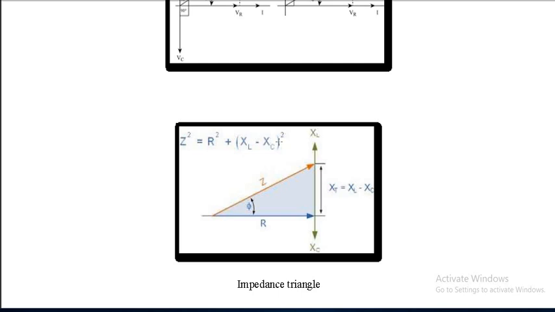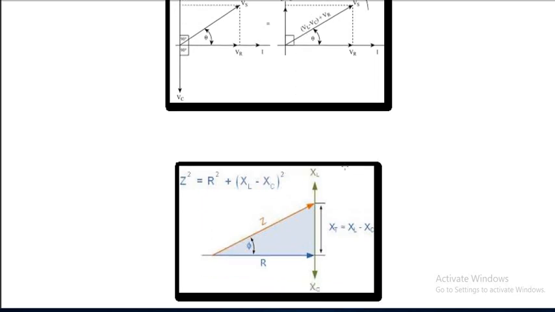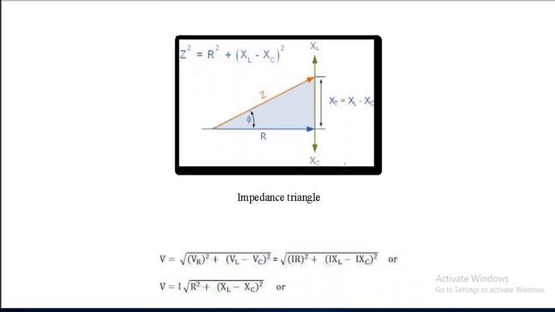So wherever you need to write reactance here, in case of an RLC series circuit, you will be writing the net reactance. Similarly, if I want to put it in terms of cos phi equal to R by Z, then Z will be under root of R square plus XL minus XC whole square. So this is what is the impedance triangle, and this was what was called the voltage triangle. I hope you remember this. Okay, let us go ahead.